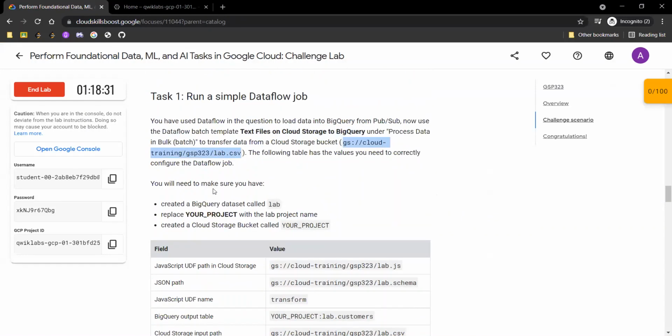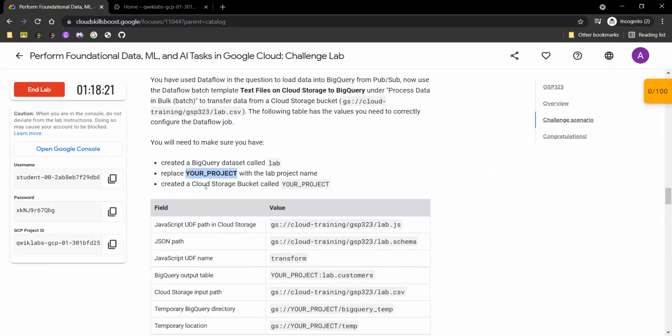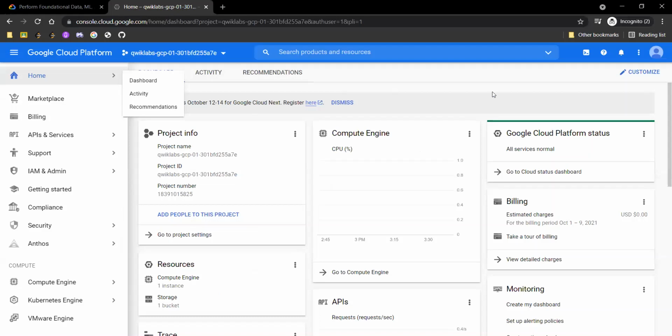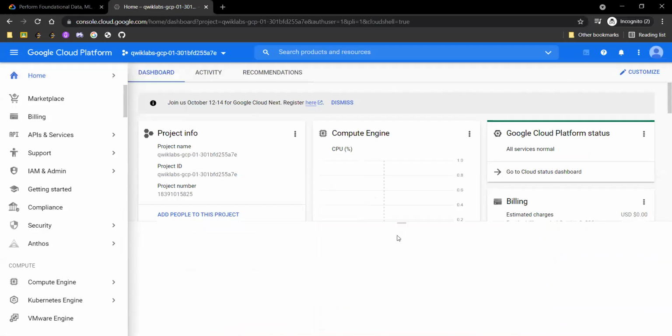Before doing that, we have to make sure that we have created a dataset called lab, replaced the your-project string with our original project ID, and created a Cloud Storage bucket named after your project. So firstly, let's go into Google Console and activate our Cloud Shell.